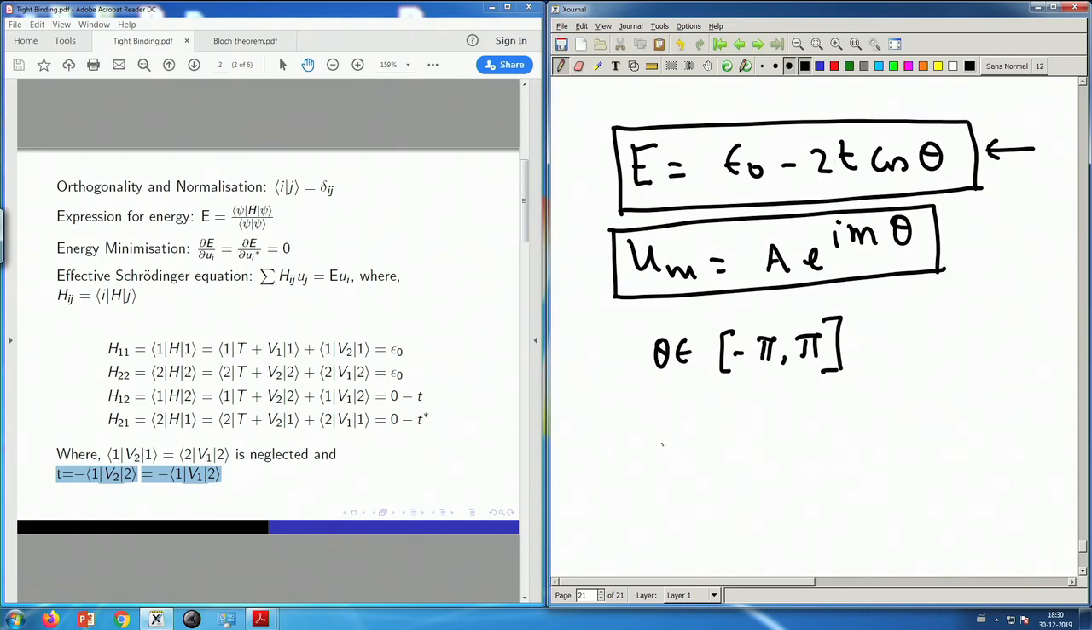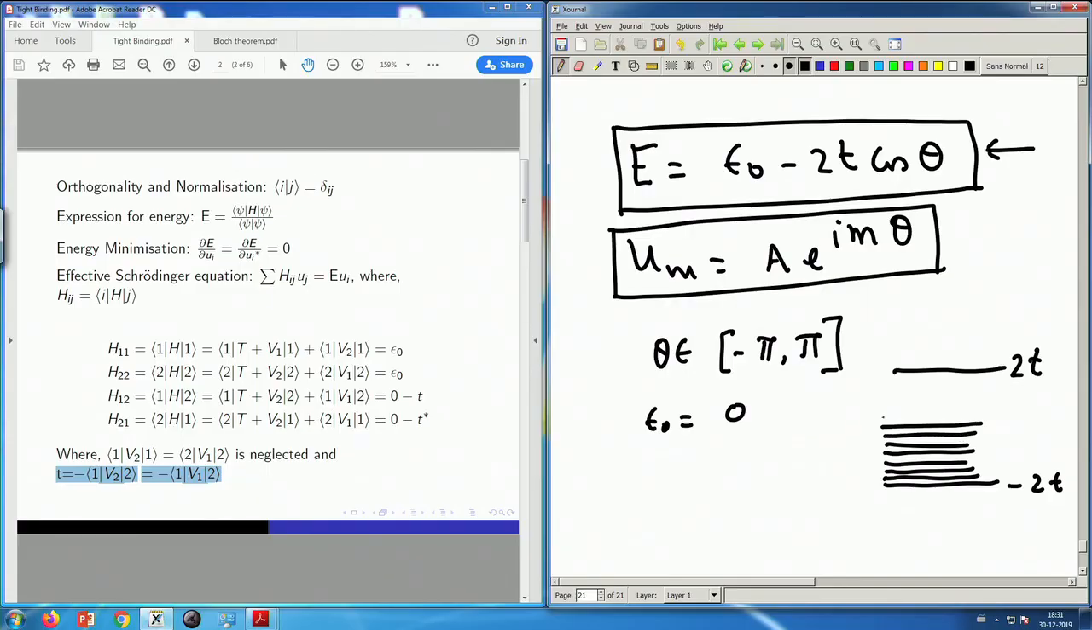epsilon naught. Suppose I said epsilon naught equal to 0, that is my 0 of energy, then the solution goes from plus 2t to minus 2t, and there are as many orbitals I started with as there will be solutions, because I can't lose my states, the number of states remains the same. So, I have this n number of states starting from plus 2t to minus 2t. These are not equispaced, but these are very closely packed. As n becomes very large, and this is a finite width, minus 2t to plus 2t, you have to pack n states in that,